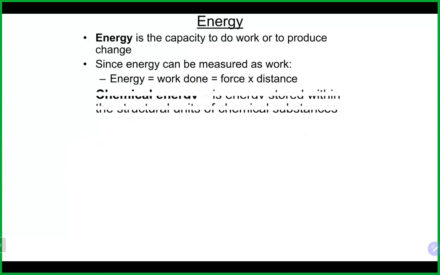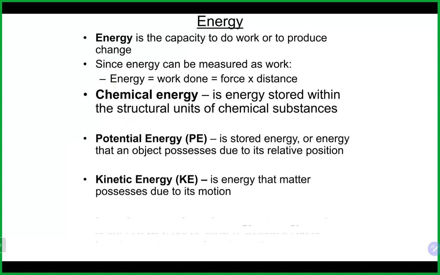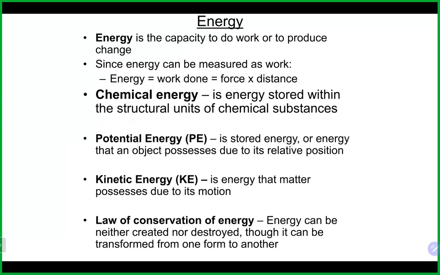So when we talk about energy, energy is the capacity to do work, and energy is basically work done: force times distance. There are different types of energy that we come across. There's chemical energy. For example, there's energy stored within bonds. So when we have a chemical